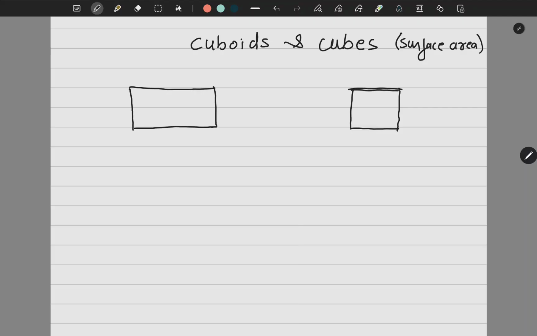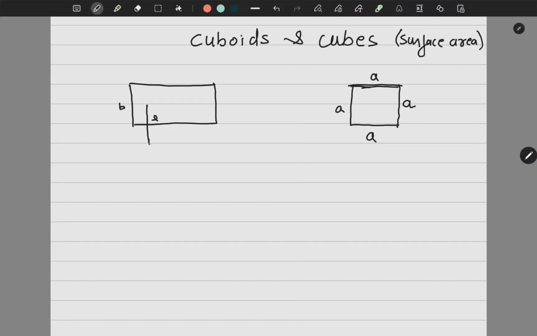Okay, so when I'm talking about a cube, I have A and A. When I'm talking about a cuboid, I will have a length and I'll have a breadth. Okay, but it is a three-dimensional version of rectangle. Means if I make a pile of a rectangle, I'll get a cuboid, which is your notebook also. You can say it is a pile of papers or your duster. All these are the examples of cuboid. So now let me make a perfect three-dimensional cuboid. So this is how we construct a cuboid.